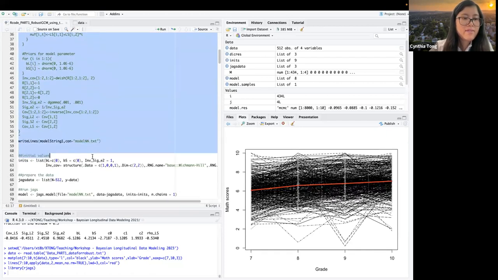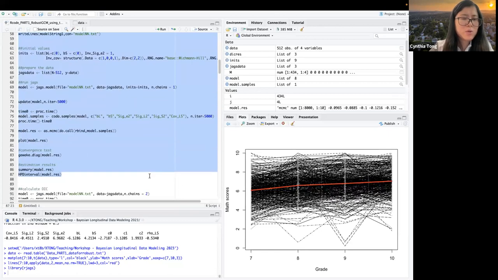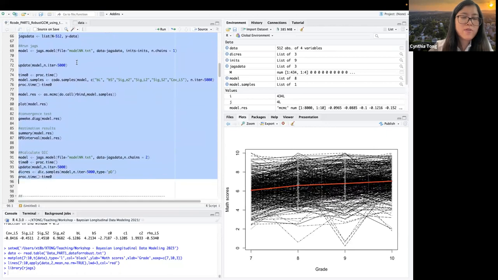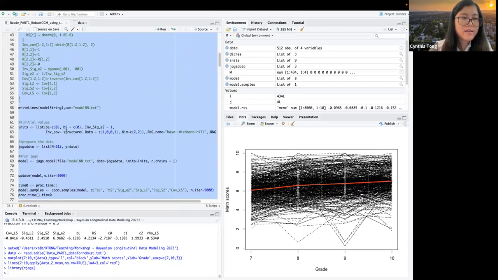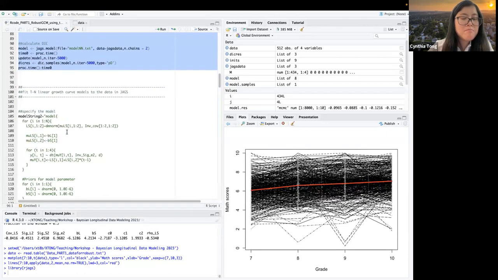We actually already ran that, so I'm going to skip this, but basically this is the code we did for the linear growth curve model. They're exactly the same, okay? But for the robust version of it, if the data are not normally distributed, we can fit a robust growth curve model based on student t distributions.